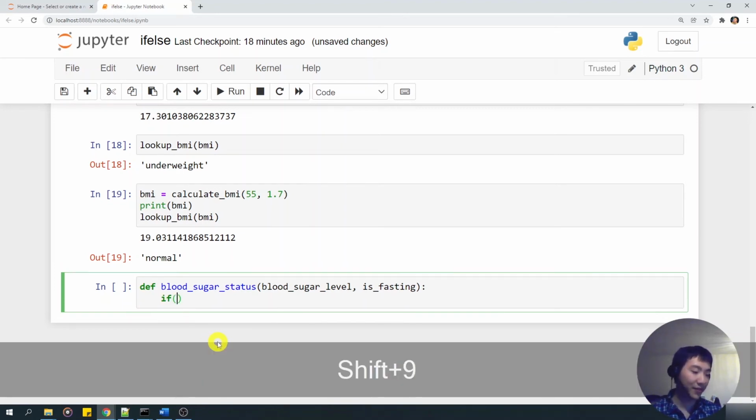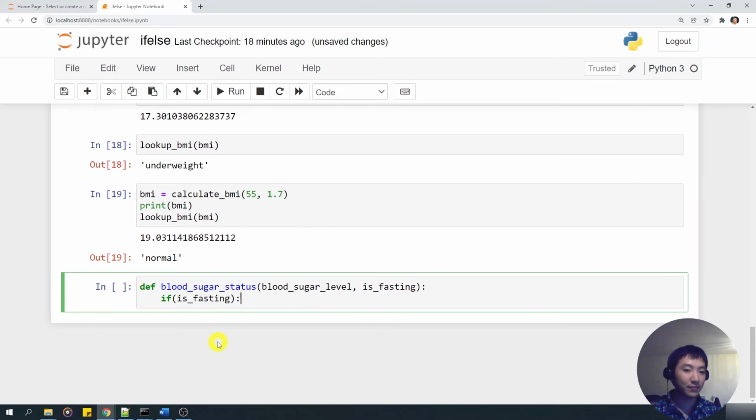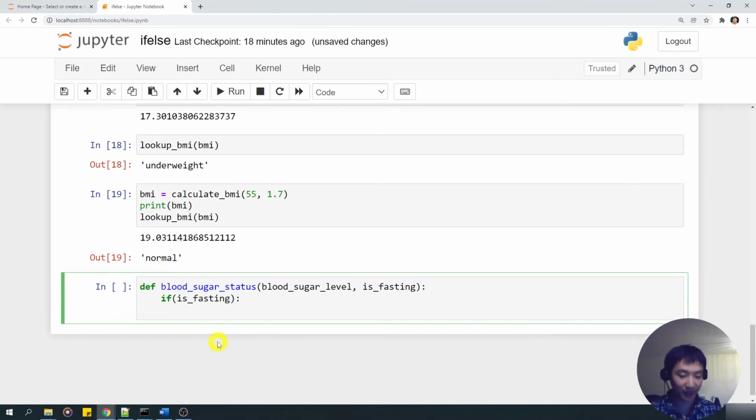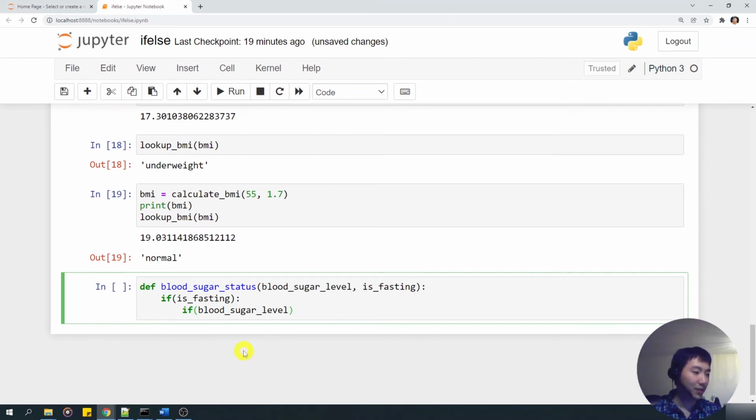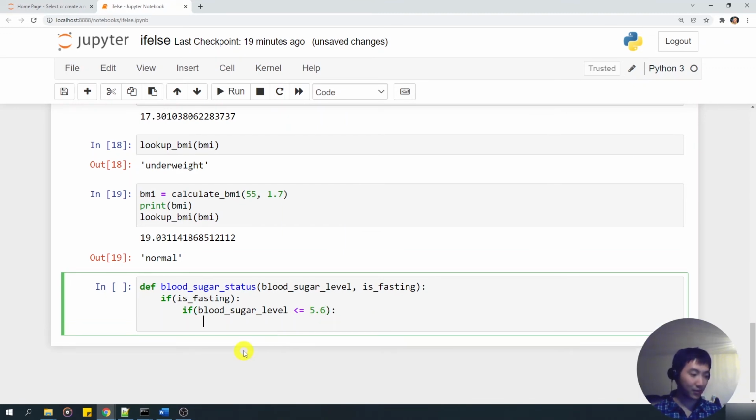So if a person is fasting, colon here. Right now I'm writing a piece of code that will run if the person is fasting. Notice how I indented from here to here when I want a piece of code to be inside another piece of code. So if the blood sugar level is less than or equal to 5.6, then I will return